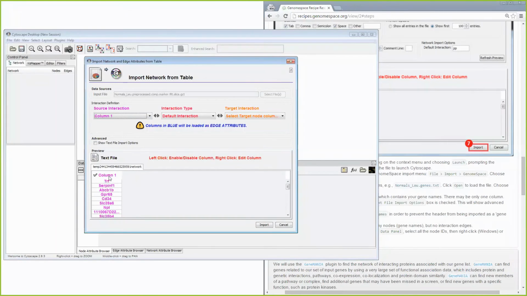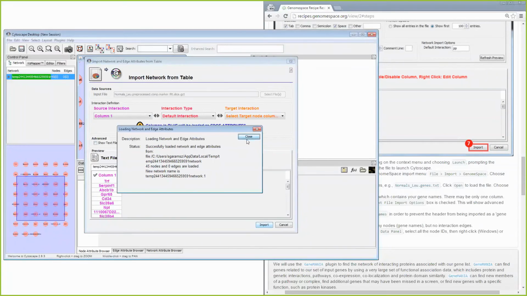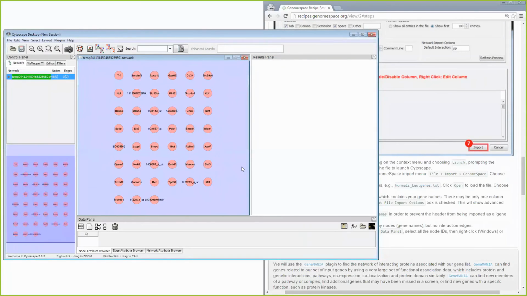In case you have header information, maybe you chose the correct column, but you forgot to tell it to start at row number 4, and so you have some header information. There are also ways to remove that information in Cytoscape so you load only the gene names. But in this particular case, all we need to do is change this column to be column number 1, and then we can click import. And we can click close. So now we have our genes imported into Cytoscape as nodes.